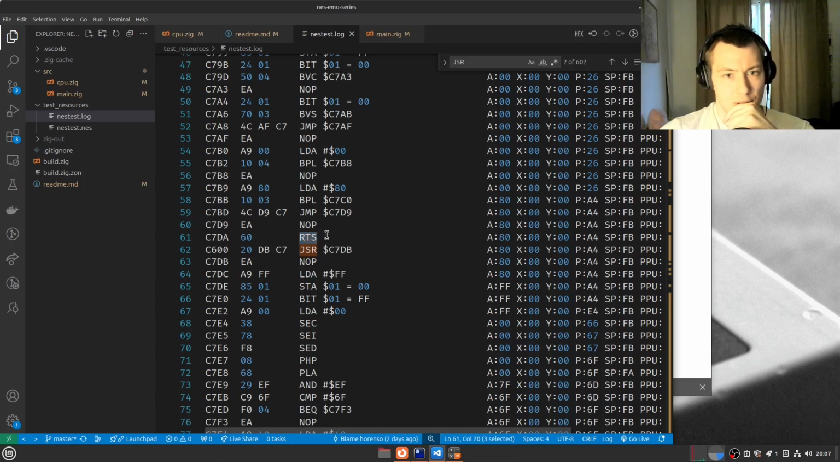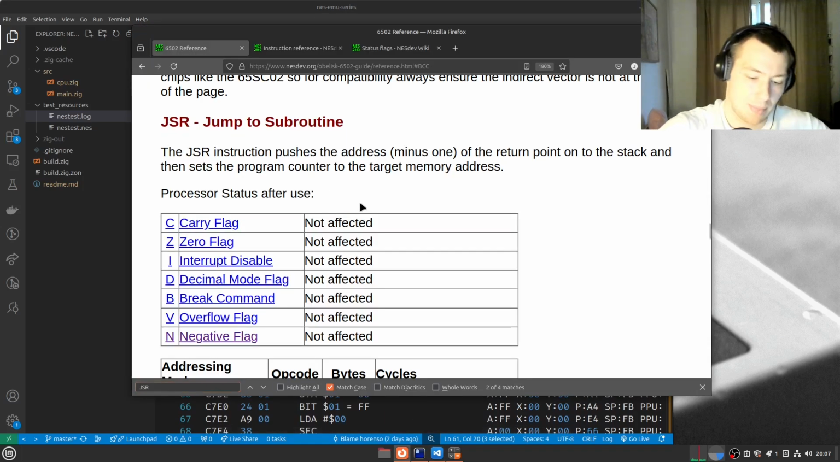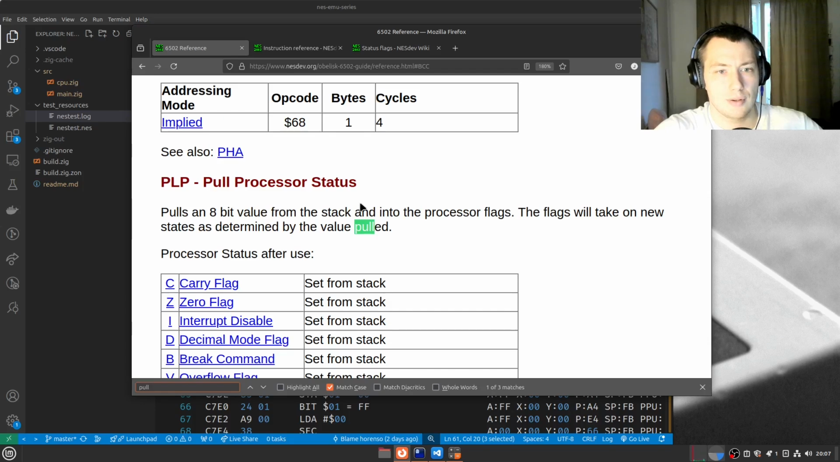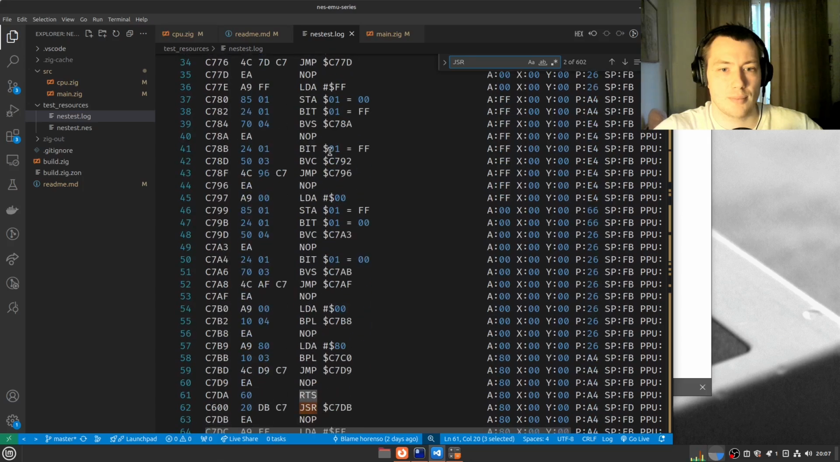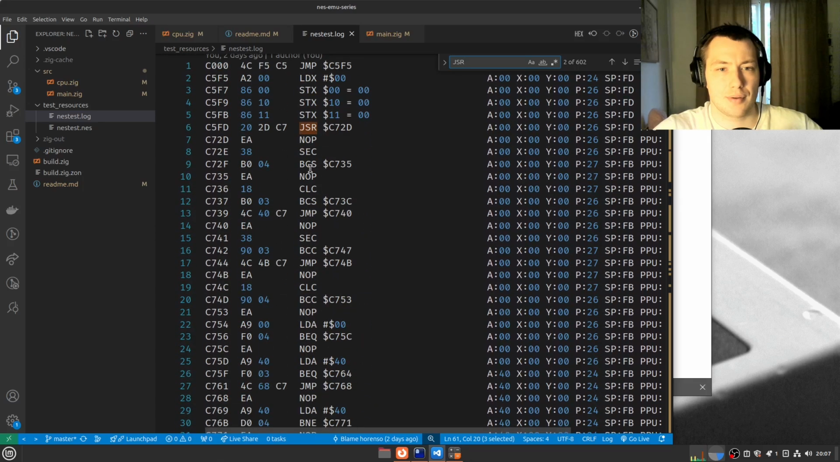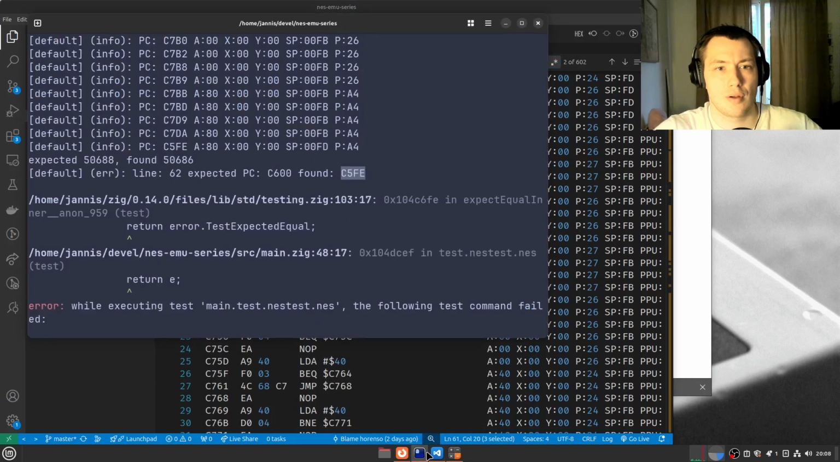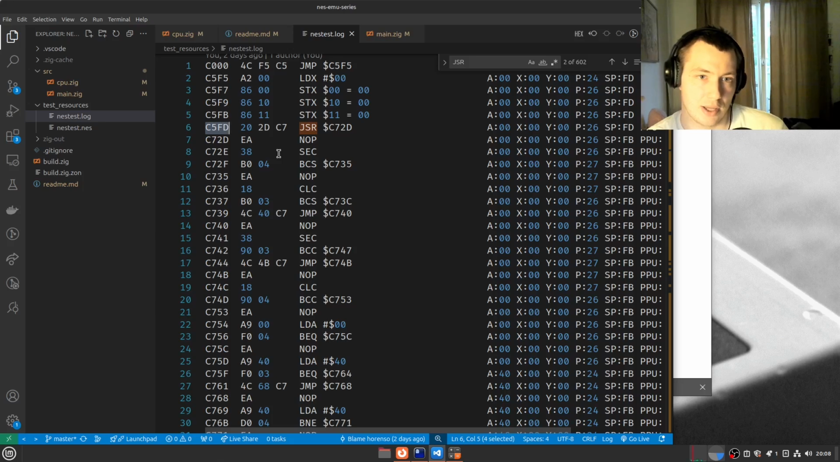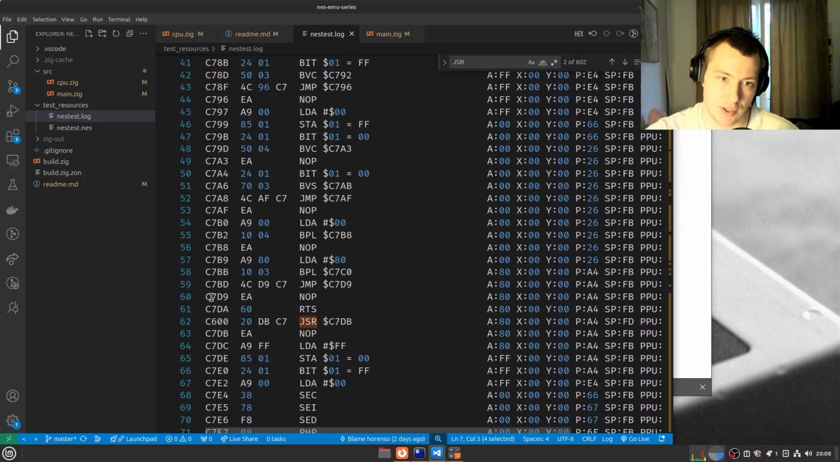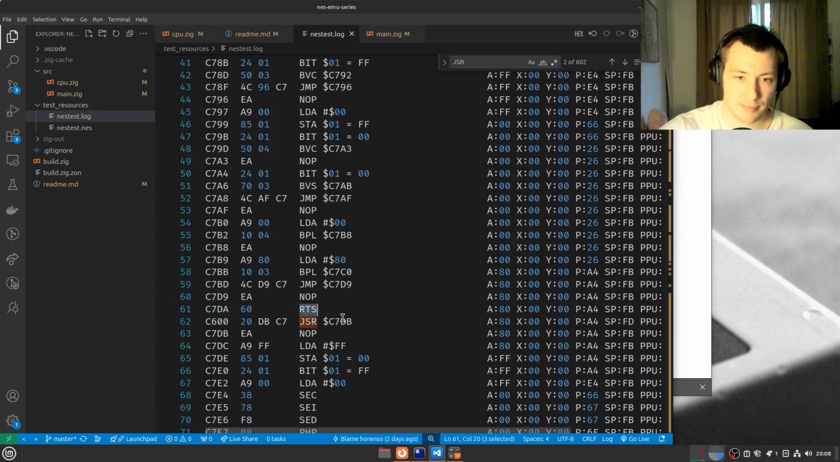We return subroutine after, wait, pull processor status. We don't use PLP, I think. So we have a jump subroutine here. Okay. Yes. It expects. Yeah, that makes sense. We are here at C5FD, and we jump, we call a function here. Whatever, we execute the function, you see here, C7, and then here we return from the function. That means we should really be